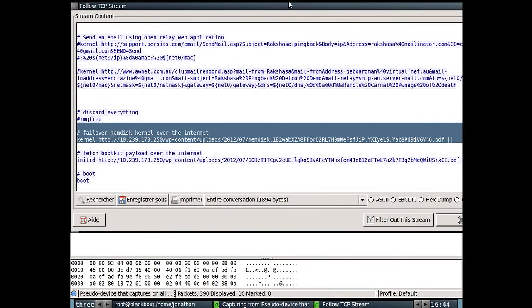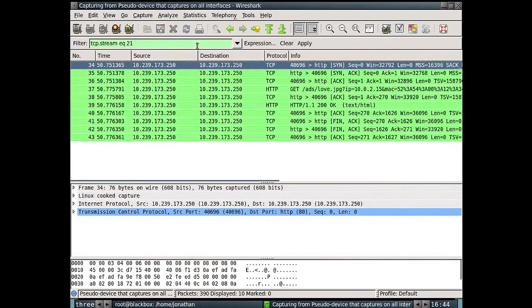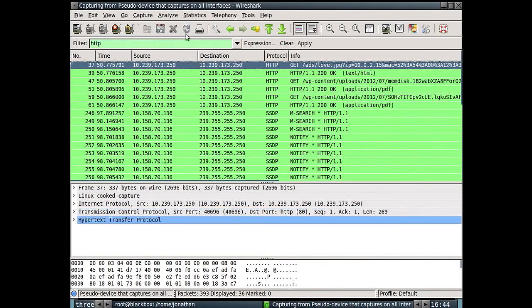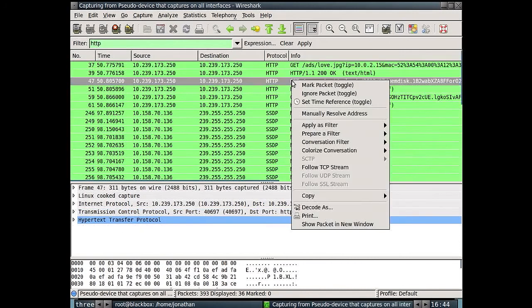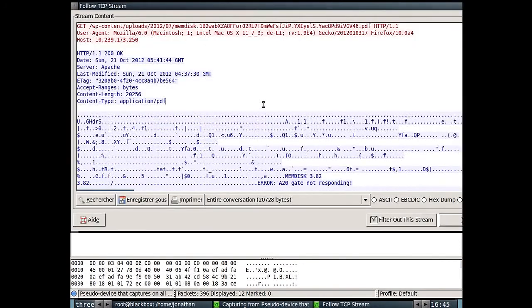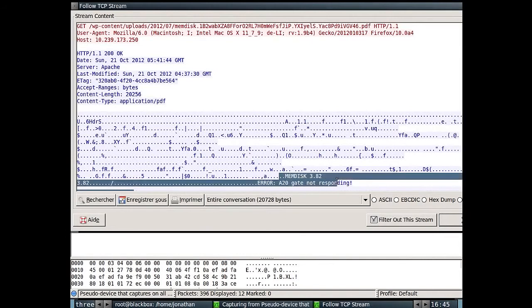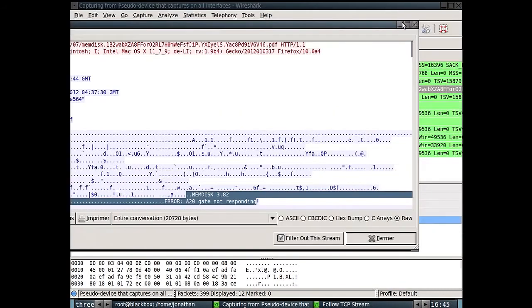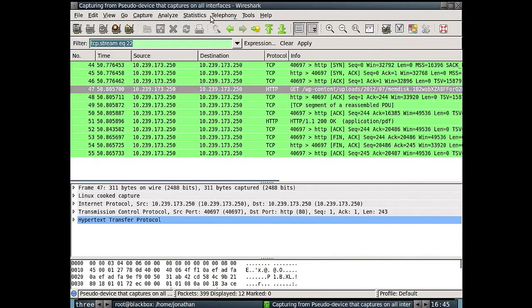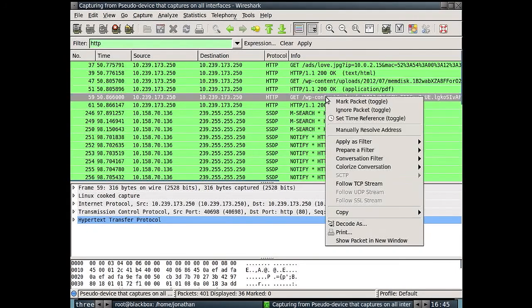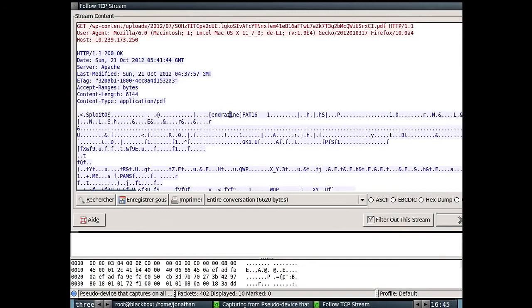So then what happens? Well, we can see that the second HTTP connection is actually downloading memdisk, and that the third HTTP connection is hopefully downloading the initRD, which is nothing less than my bootkit. If you do this over HTTPS and specifically over Wi-Fi, then in terms of forensic evidence on the network, there is